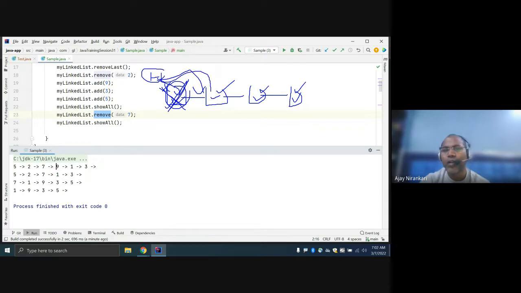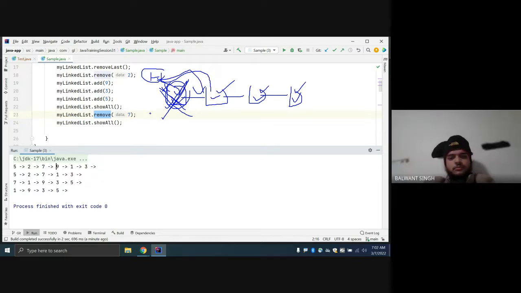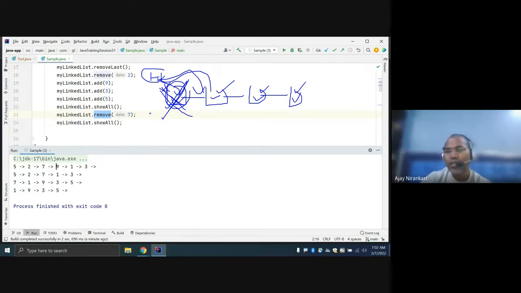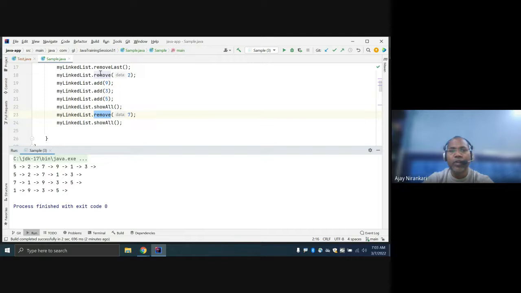This is an unused object. Whenever the garbage collector runs, it removes this object automatically. Is it clear how to remove first? It means just change the head from here to here. How to do it? Just set head equal to head.next. Remove first.